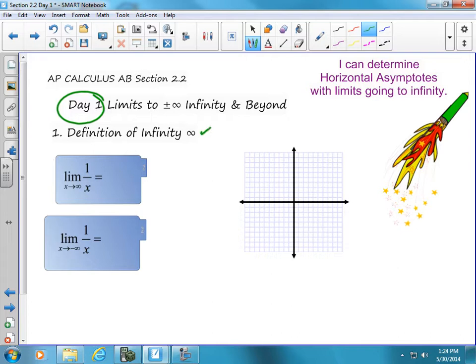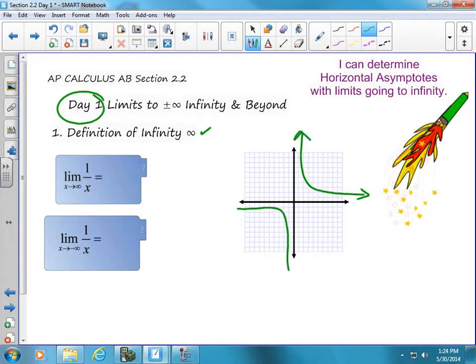Infinity is not really a number. It is a destination. We can't solidify what infinity is because we can always add one to it. And with regards to negative infinity, we could always subtract one or subtract 0.1. So infinity is the largest number you can ever think of, and it keeps going up. So what we're going to look at is, as x goes to infinity, what is the y value of the